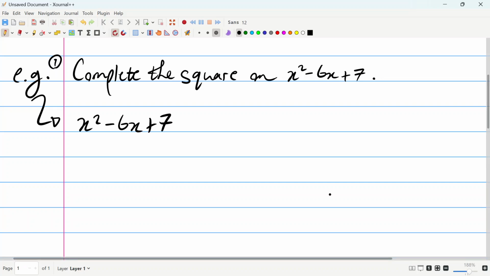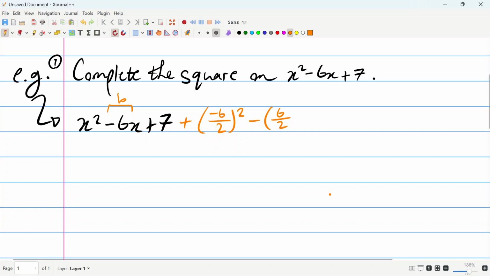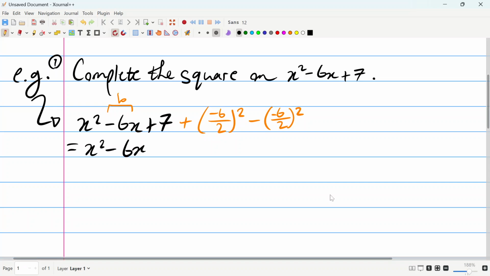But we're going to do the exact same thing that we showed, right? It is going to be plus b over 2. And remember, b is represented by the coefficient of x. Meaning we're going to have negative 6 over 2, squared. And we also need to minus it by the exact same thing. Negative 6 over 2 squared. Okay. Well, it's actually an equal sign. So now what we have is x squared minus 6x,